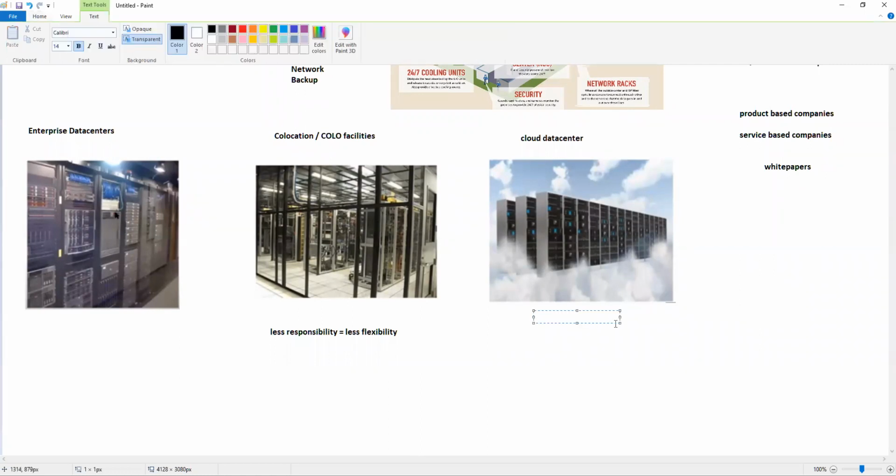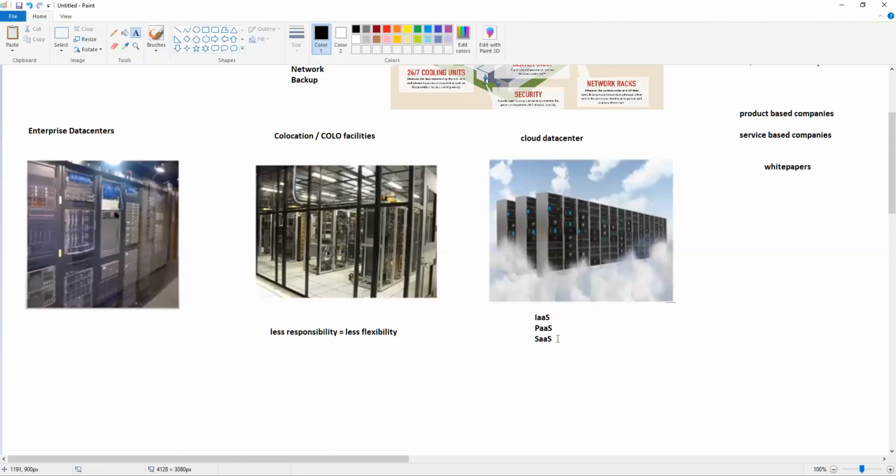Here we have IaaS, PaaS, which we will see as well, and then we have SaaS. There are companies who only provide SaaS, companies who only provide PaaS, and companies who provide all three of those. So there are different levels within the cloud.